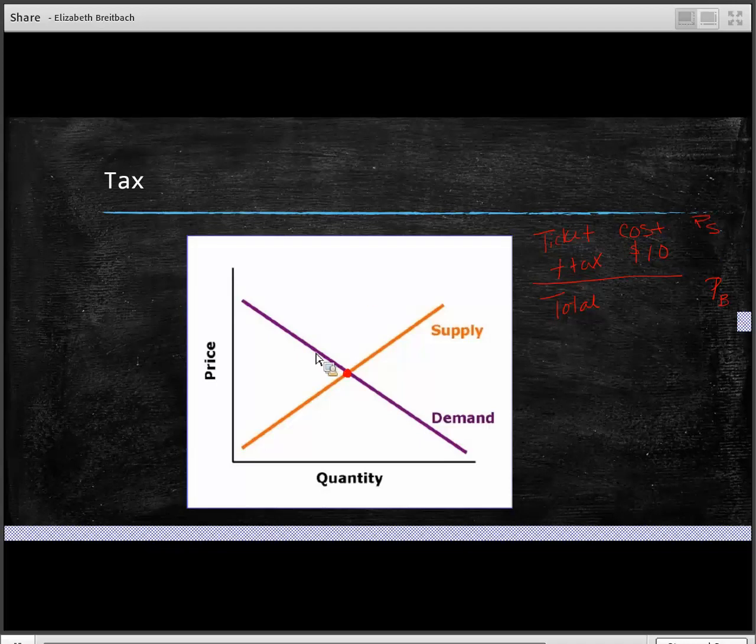And that's going to happen when we move to the left of our supply curve. And we can draw in a tax wedge. And let's assume that this tax wedge here is a $10 tax wedge. So I went through and I determined where my $10 fell. And now where I hit the demand curve is the price buyers pay. Where I hit the supply curve is the price sellers receive. So buyers pay